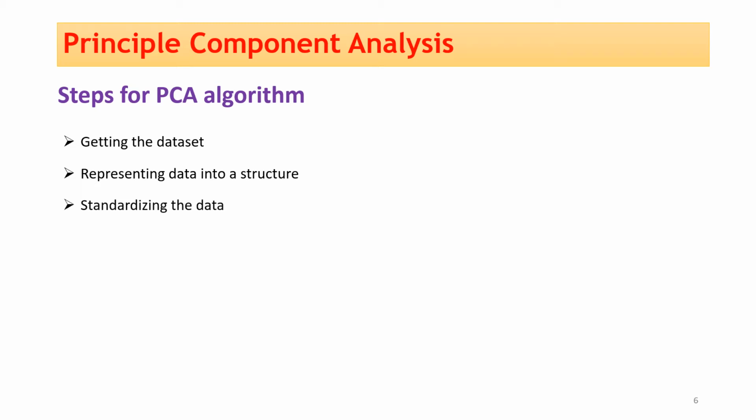Now the third step is standardizing the data. In this step, we will standardize our data set, since features with high variance are more important as compared to the features with low variance. If the importance of features is independent of the variance of the feature, then we will divide each data item in a column by the standard deviation of the column. Here we will name this matrix Z, where X is our training data set, Y is our validation set and Z is our matrix.